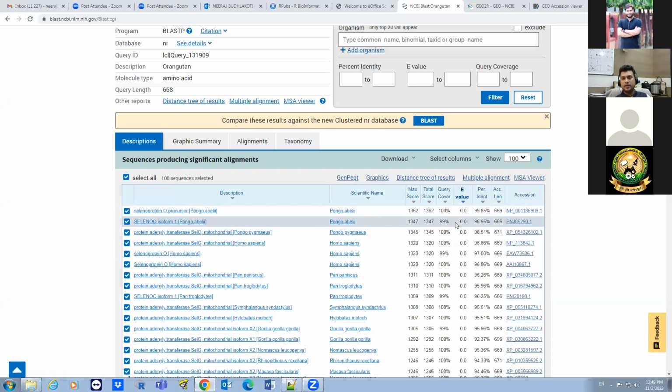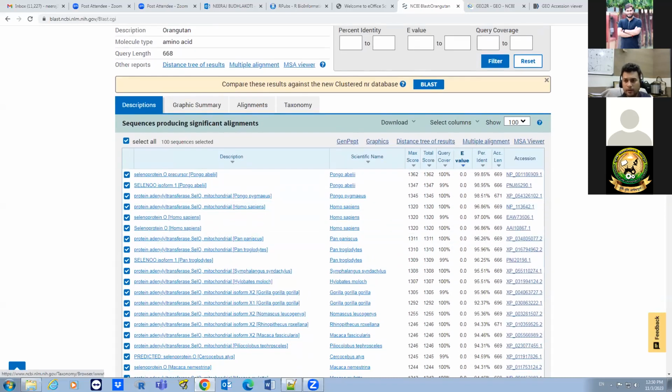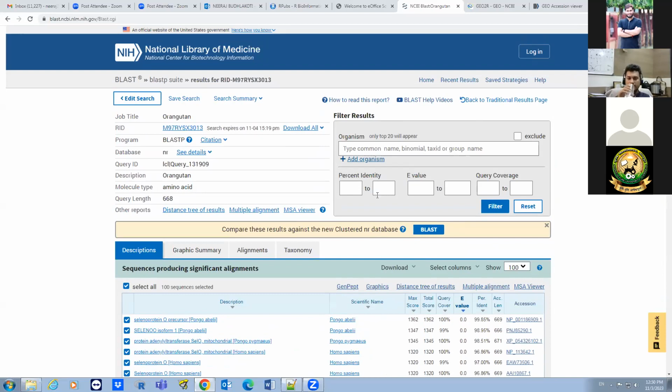similarity by chance. I hope you already know the difference between homology and similarity. Homology is a statement about evolutionary divergence over time, and similarity is just matching of sequence, nothing else. Okay, so you can see the percentage identity, query cover, length, and score. On the basis of that, you can say our sequence is similar to this sequence with the corresponding accession, and you can find all these details accordingly. So this is one of the most commonly used tools, called BLAST.